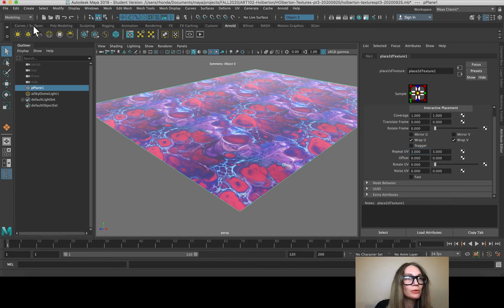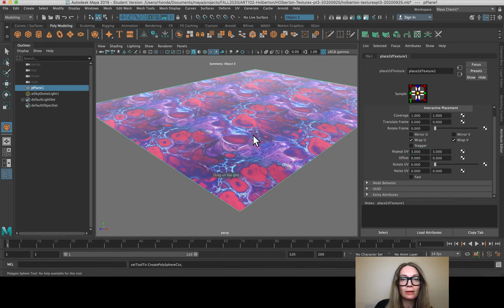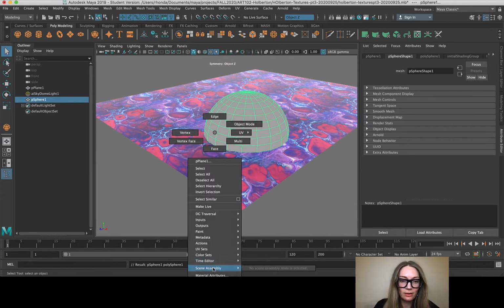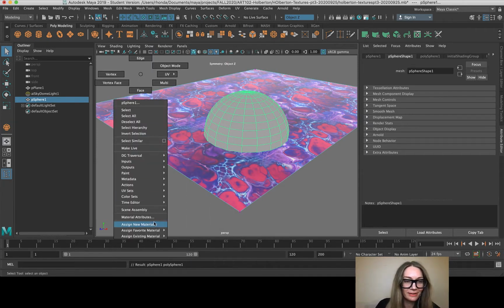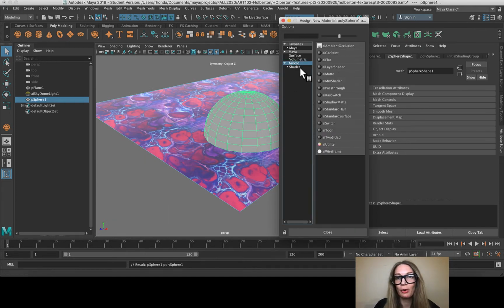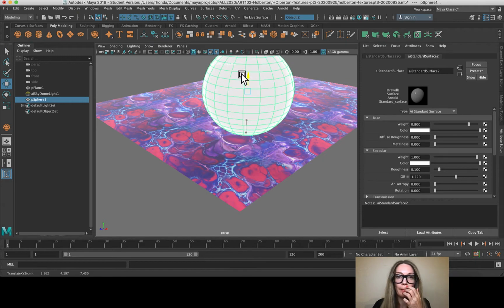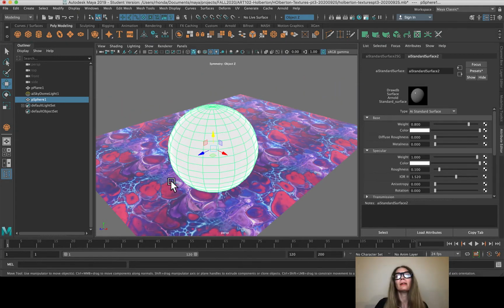Now I'm going to go into poly modeling and I'll make a sphere, and I'm going to right click and say assign new material, Arnold AI standard surface. I'll bring this up above that, and then I'm going to